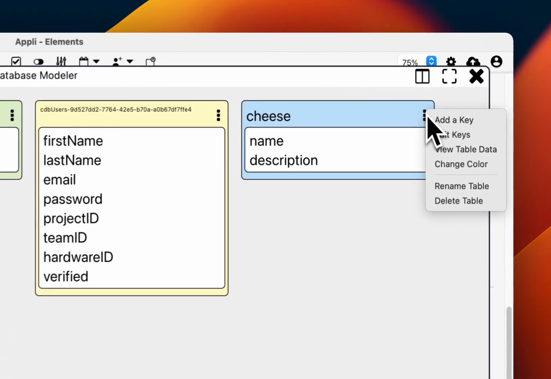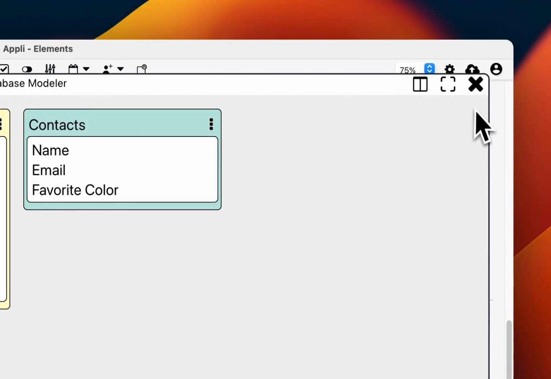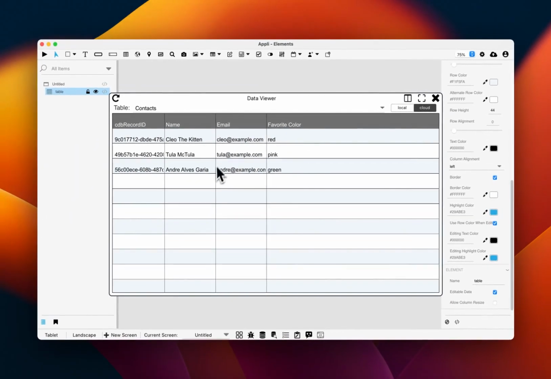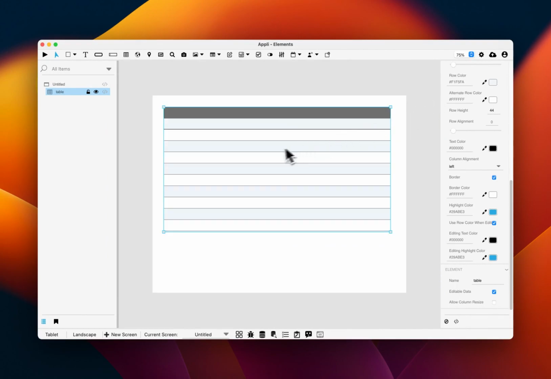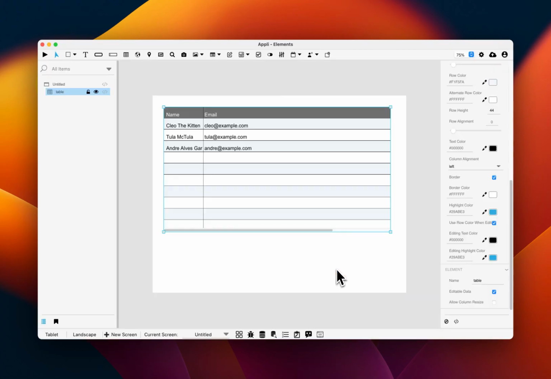I'm not using this table here, so I'm just going to delete it because it gets in the way. And I have some bogus data here regarding contacts. So let me show you how to display that using a table. Click No Code, select the table you want, and select which columns you want to show. Now the table is linked to the database table, and changes to the items here will be saved into the